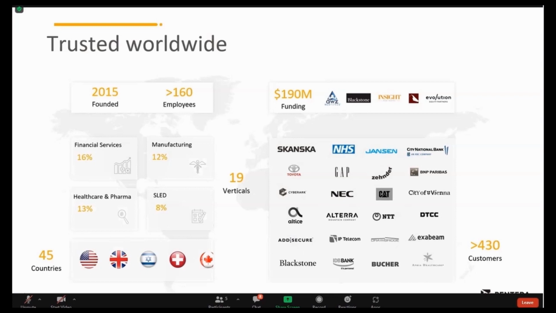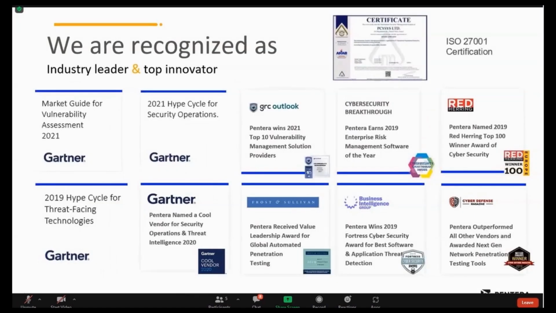We just passed our 500 customer mark a couple weeks ago, and we are really working vertically agnostic. So anyone interested in validating their security posture or automating pen testing has been looking at us. We have worked with some government organizations. As far as cities go, we're working with the city of Riviera Beach in Florida, and we are working with the state of New York as well. We are recognized by Forrester and Gartner, so it's not just us saying how great we are, and we have ISO 27001 certification.